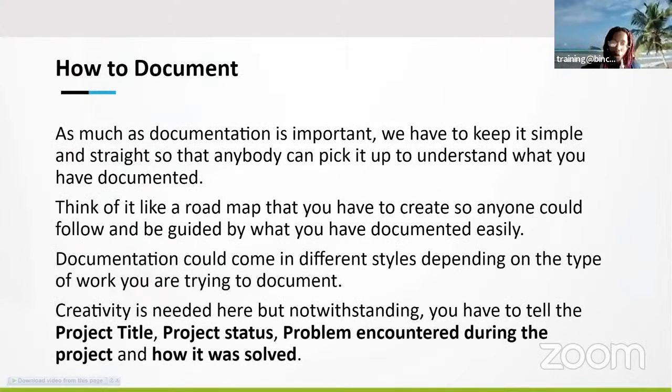So we have different formats that documentations look like, but the go-to, or always the same sort of way, is that the document has to have your project title or activity title, the status, the problem encountered, how it was resolved. If you're building a solution, how you went about building that solution